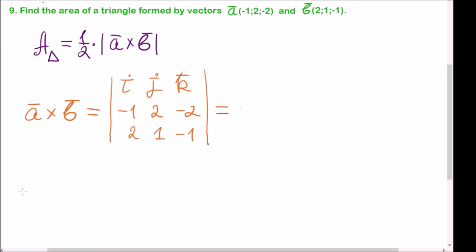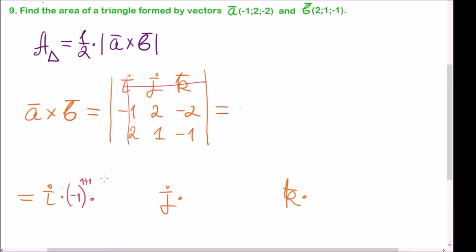Our determinant equals the elements of the first row i, j, k multiplied by their cofactors. Look, the cofactor of the first element is minus 1 to the power 1 plus 1, the first row and the first column, multiplied by the minor